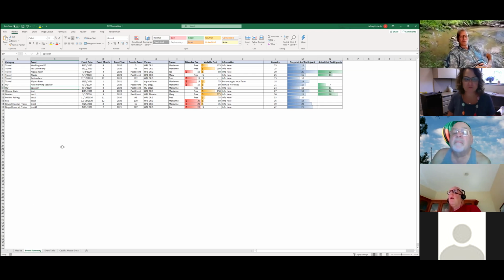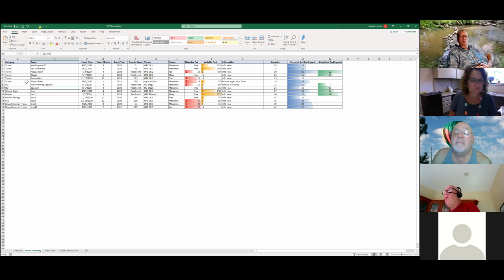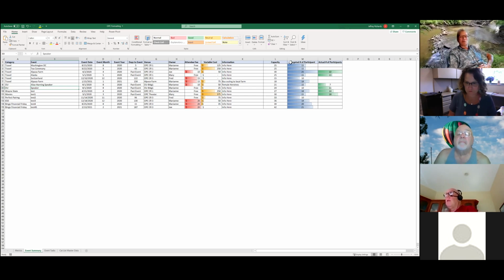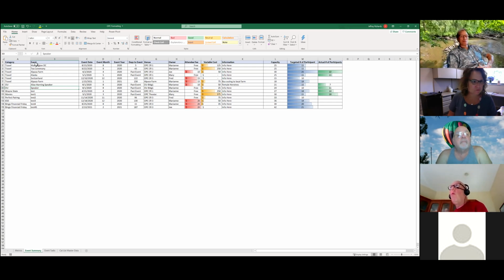So usually what you want to do to make something a little better for data analysis is make it flat. In other words, in the file we just saw, there was a separate tab for every event, so it was kind of difficult to put all that data together. So what we're going to do is called flattening it. We're going to flatten it down into one sheet, and it's going to be a summary of all the events,